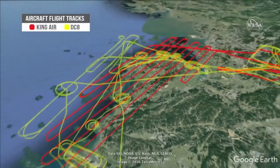So we have a small King Air aircraft flying above all throughout the day, measuring the way the future satellite will measure air quality. Meanwhile, the DC-8 flies underneath, showing what the distribution of pollution is above the ground. That allows us to understand how to